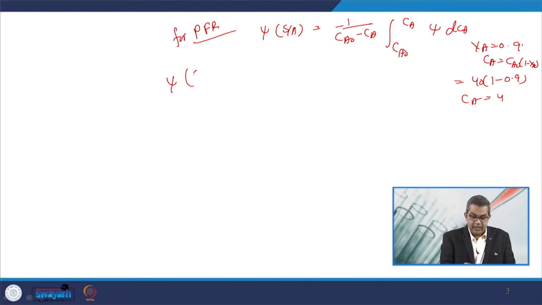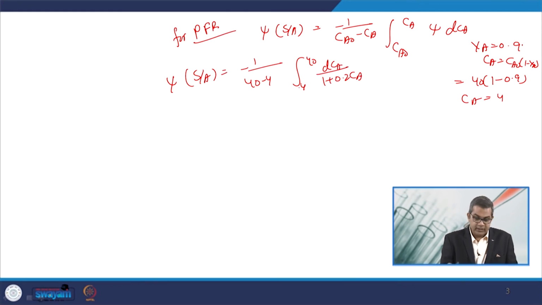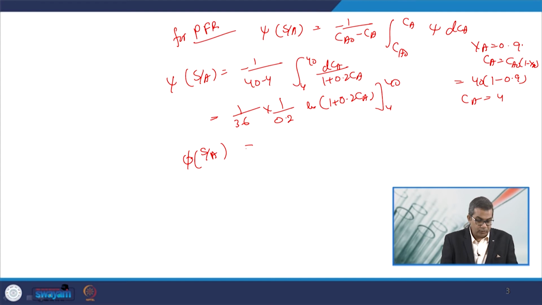So psi S upon A is equal to minus 1 upon (40 minus 4), integral from 40 to 4 of dCa upon (1 plus 0.2 Ca). Upon integration, this is 1 upon 36 into 1 upon 0.2 ln(1 plus 0.2 Ca) from 4 to 40, or 5, and this comes out to be psi S upon A